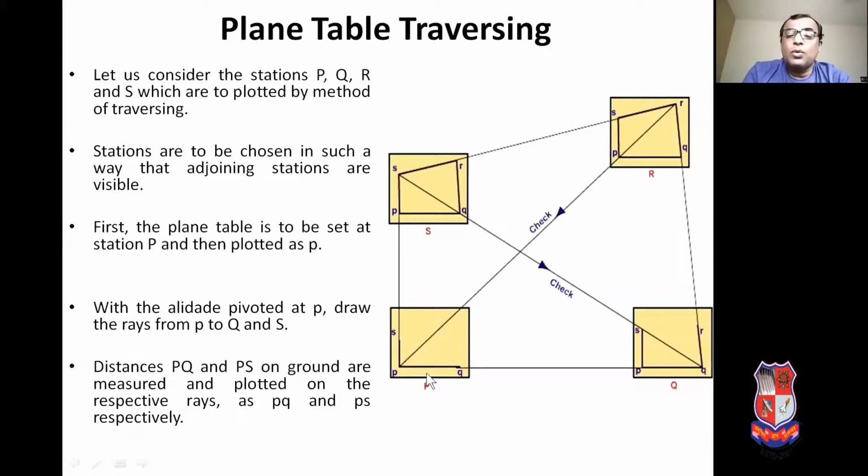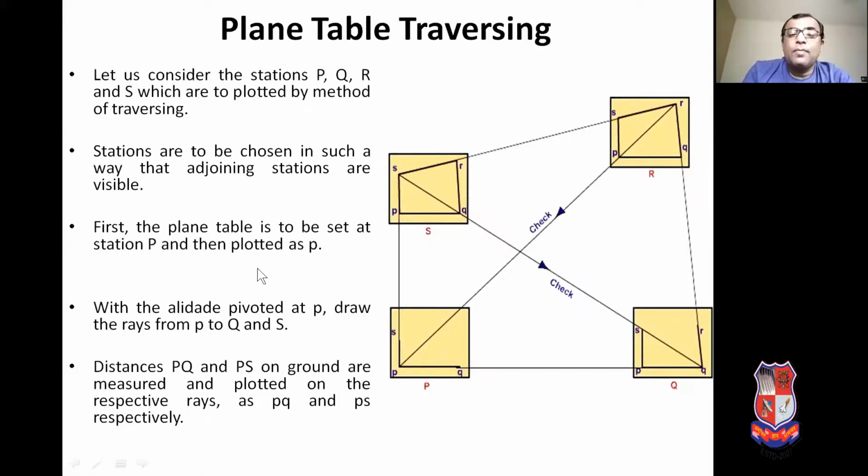Suppose you are on station P, you have to select Q and S in such a way that from P, Q is visible and S is visible. In the same way, for station Q, P and R must be visible, and the same for stations R and S. First, the plane table is to be set at station P